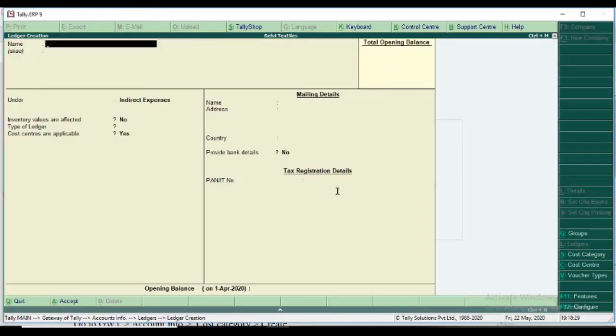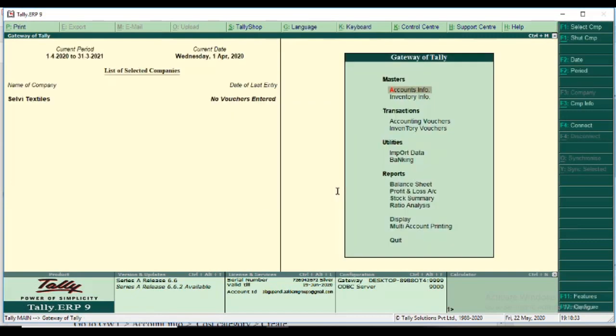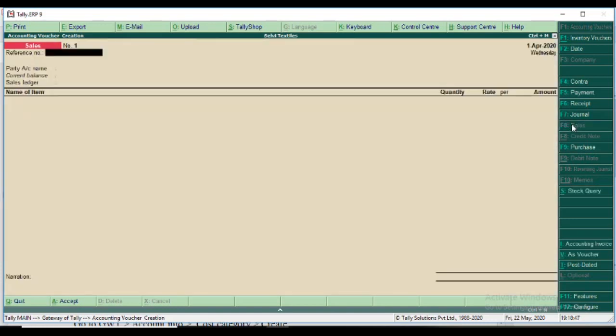First we enter the sales details. So we move to Accounting Vouchers, and I select F8 sales.